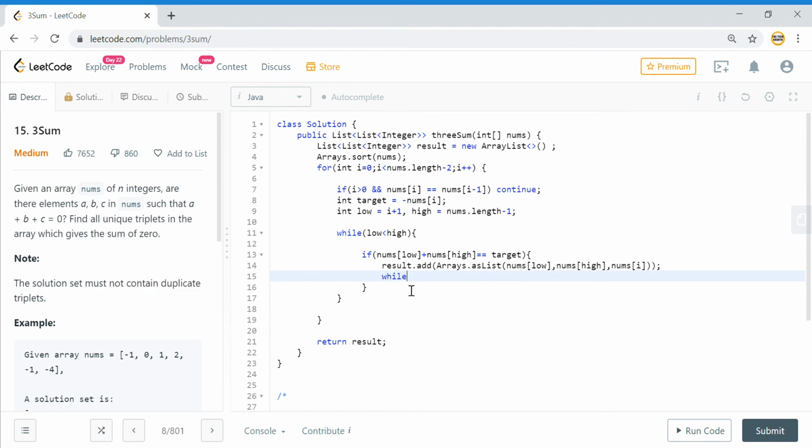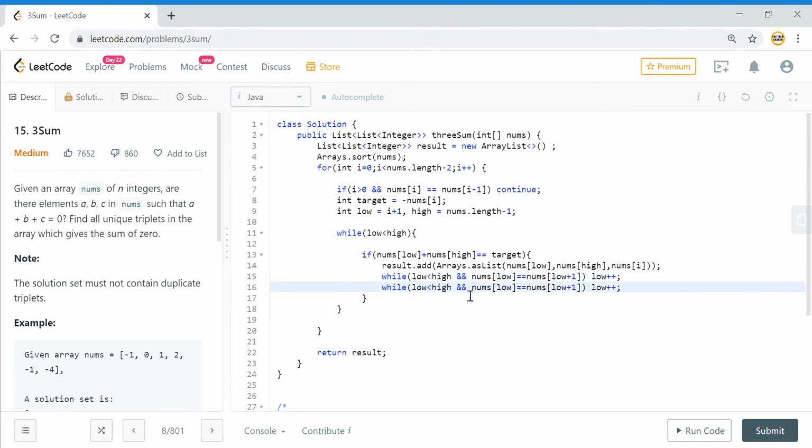So for that I will say while my low is less than high and my nums of low is equal to nums of low plus 1, I just increment my low, and the same thing goes for my high. Since high starts from the right and moves towards the left, while nums of high is equal to nums of high minus 1, I will decrement my high.